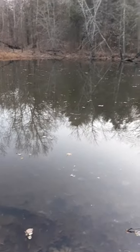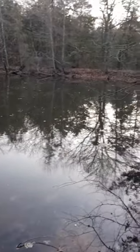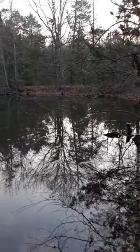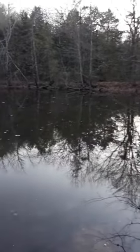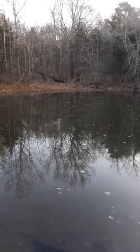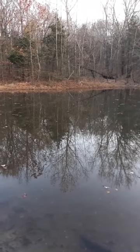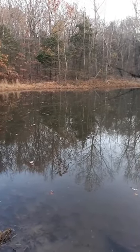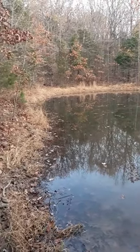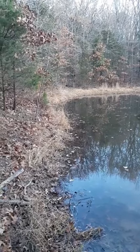So I just went ahead and flipped the screen around. It looks like this is one of our kind of medium-sized ponds. This pond is about 6 feet deep. You can see it's right in the middle of some woods. This section of the property is just a lot of woods, a lot of covered growth, but you can see when you walk through the woods how at one time people had actually used this land for grazing and potentially